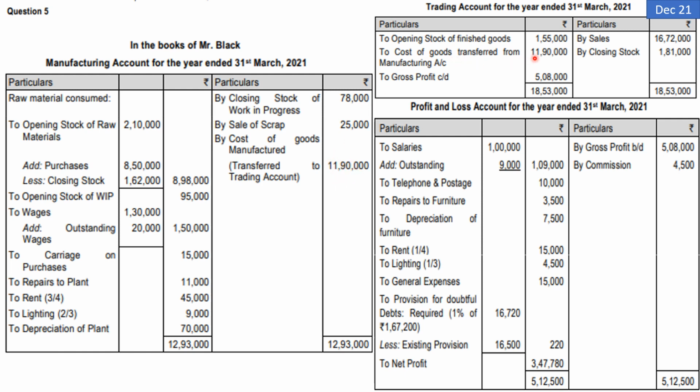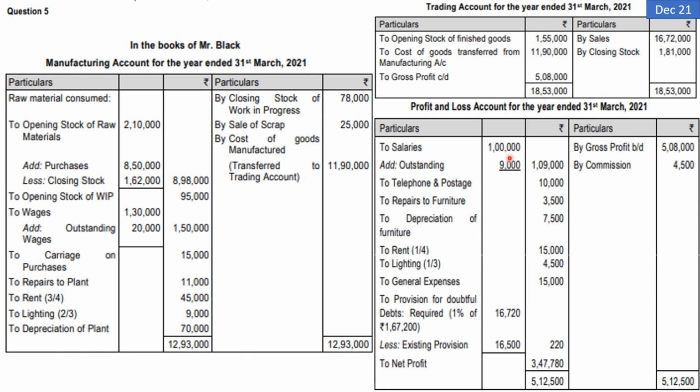In the trading account debit side, we have opening stock of finished goods and the amount of cost of goods manufactured just now transferred from manufacturing account. On the credit side, we have sales and then we have closing stock. So the total is 18,53,000 and the gross profit is 5,08,000. This gross profit will then be transferred to P&L account credit side, to which we will add the indirect income